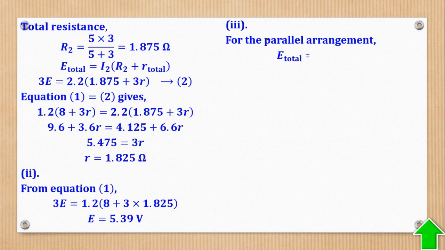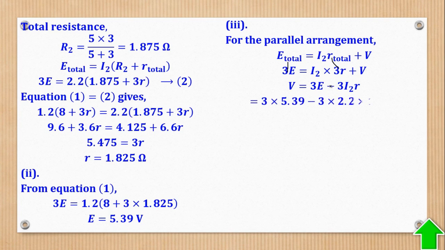So for the parallel arrangement, E total is equal to this. So V is I capital R1. So when I come and substitute for R total, small r total, and E total, then PD will now be equal to 3E minus 3I to R. Then substitute for E, and substitute for I2, and substitute for small r. You come up with a PD as